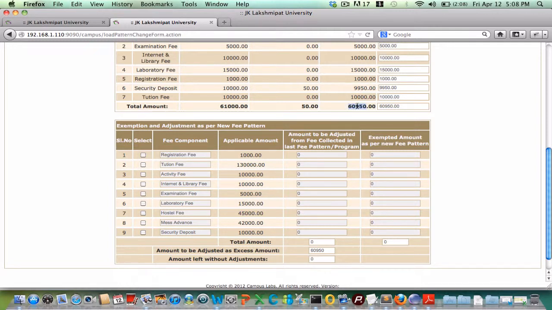Right, you can see that a total of 60,950 rupees has been collected, and it is showing here that if you save the screen as it is, all the amount will go as excess amount in the new fee pattern, but you can adjust the collected amount over here.